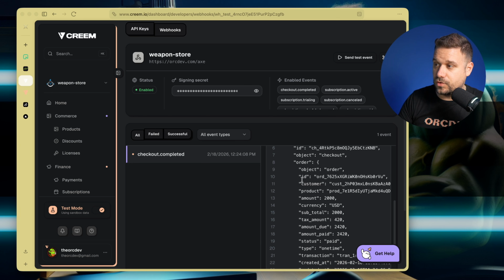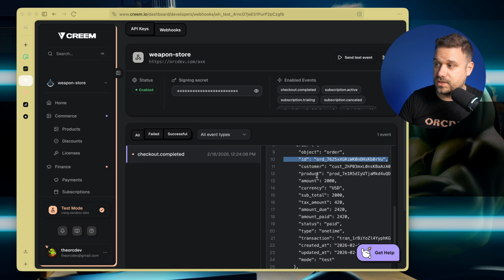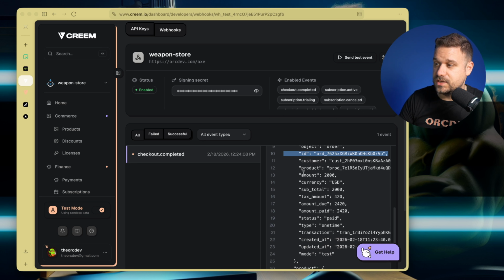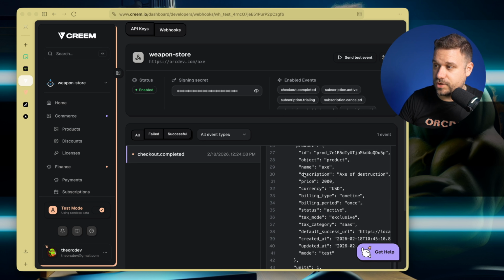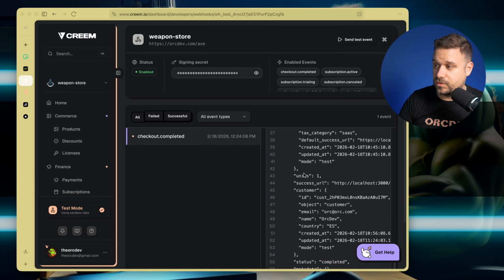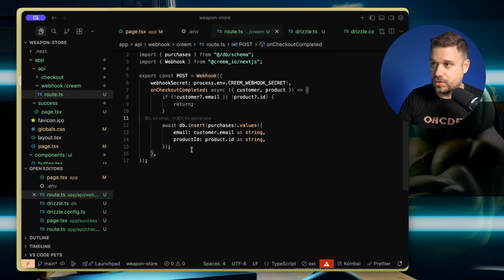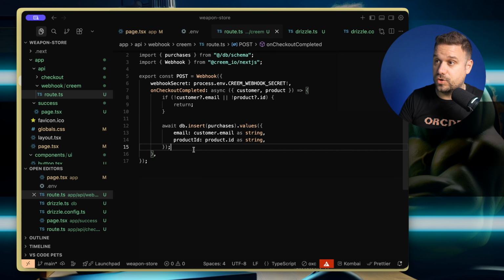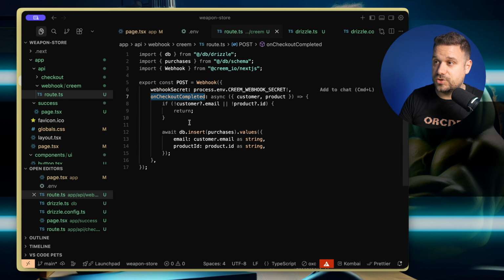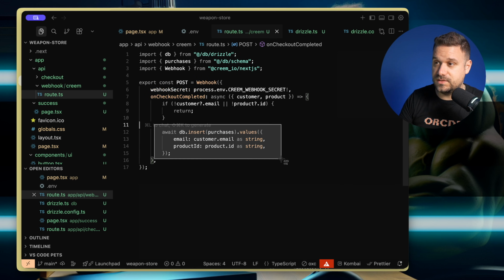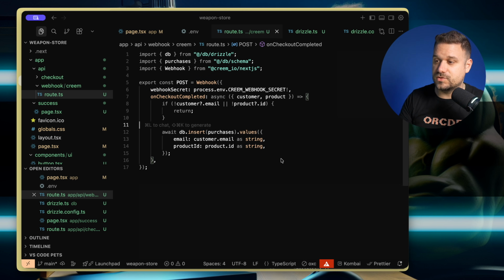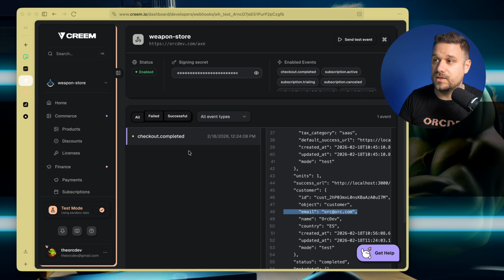So we have here our order with the ID. So we are putting in this ID inside of our database, and we also should have here somewhere the email of our customer. Here it is. Customer email. So we are writing this one in our database. Currently, it is not working on localhost, but this one would work on production because we are catching this event and it would just make this insert like the simplest possible way. We are doing the insert directly inside of our database, and we would actually see this one if this was on the